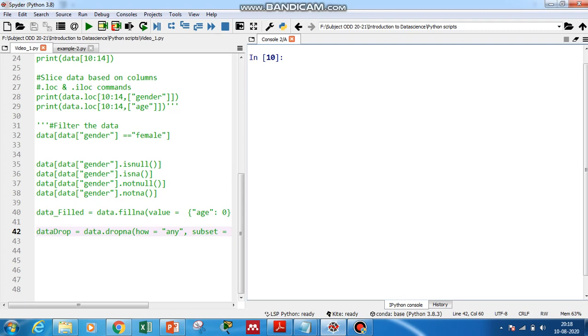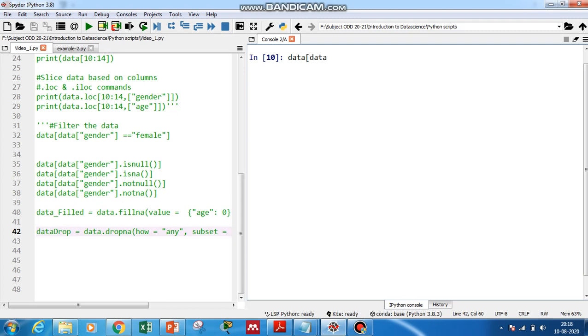conditional operators. The second topic we are going to discuss is how to filter the null values. The first step is to understand where all the null values are present.